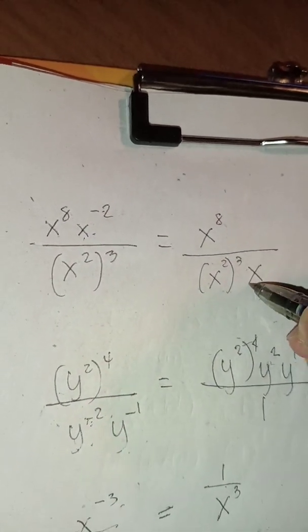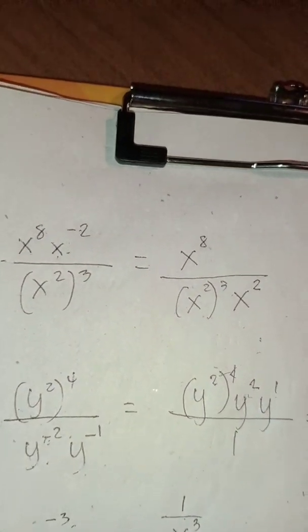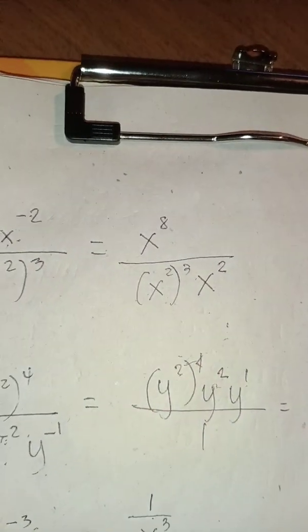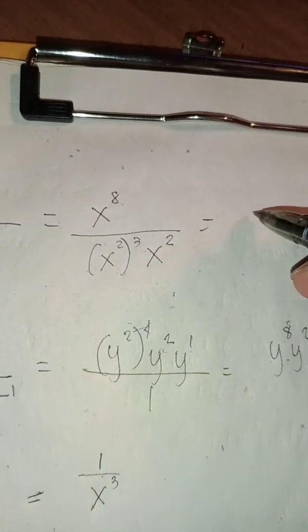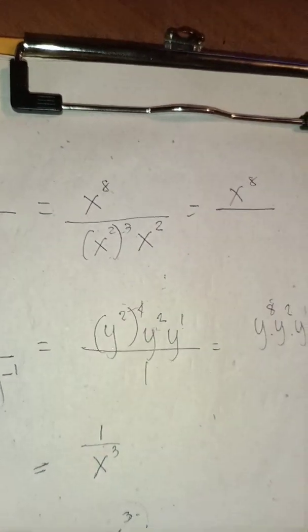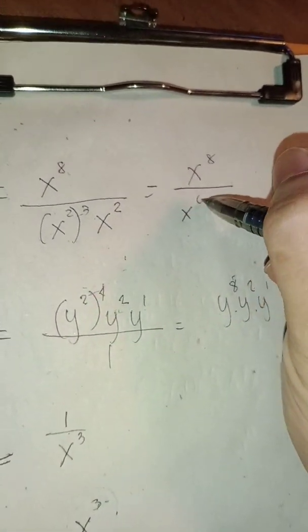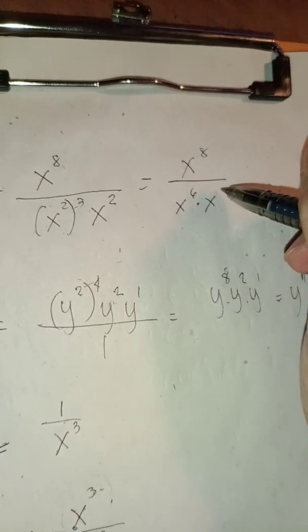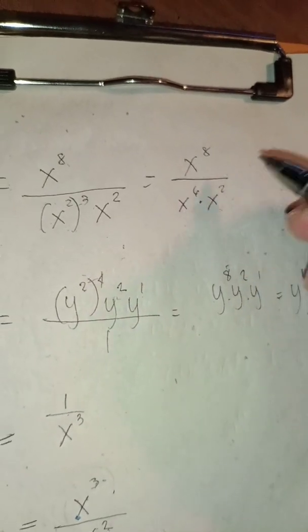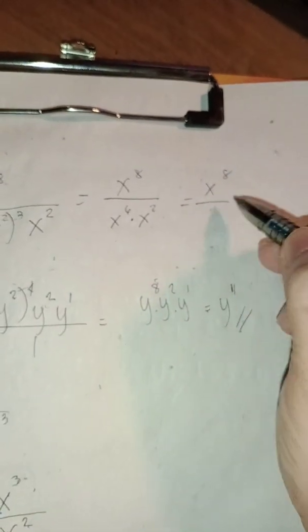Ibig sabihin, ibababa mo siya. Kasi nga yung reciprocal niya, 'di ba? X is to the power of 2. So, ganyan na yung equation mo. Now, pwede ka na mag-proceed sa laws of exponent, 'di ba? X to the power of 8. So, unahin mo 'to. So, 3 times 2, 6, x raised to the power of 6 multiply by x to the power of 2. Ito naman, unahin mo yan. Kopyahin mo lang yan. X to the power of 8 over, so,